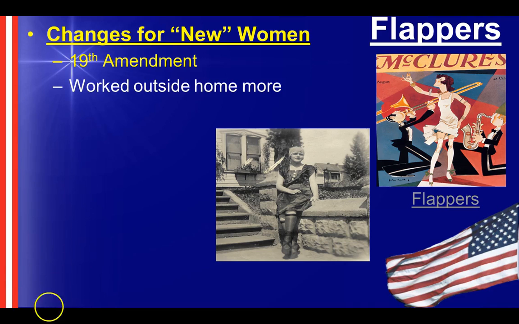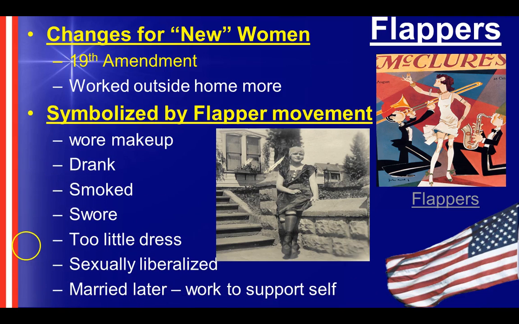The poster child and the greatest example of societal change because of the right to vote, because of the independence that women working in the factories during World War I got, is those young women, the flapper lifestyle and the flapper woman that is characteristic of the 1920s, challenging the norms of what women should or should not do. Working outside the home more often, making their own money, being independent. Very, very offensive to conservative fundamentalist America, as we talked about before.